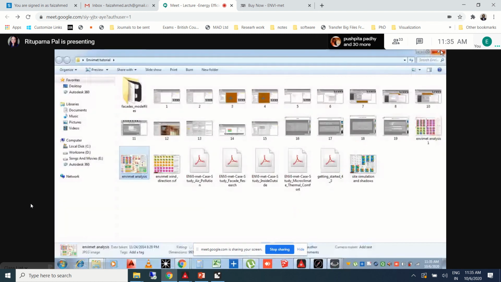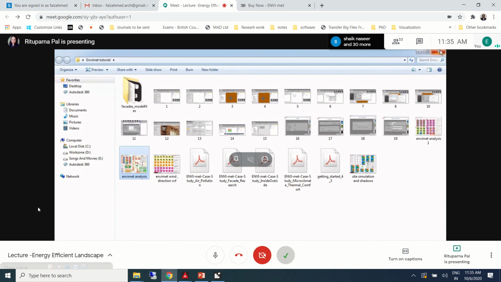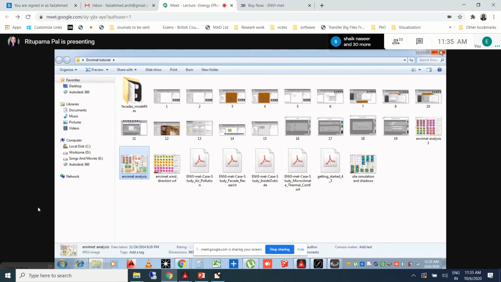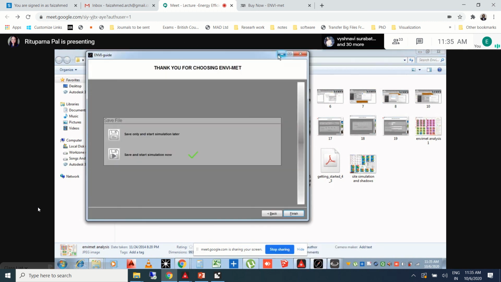Yes, ma'am. Ma'am, can we import a model from SketchUp or something like that? No, from SketchUp or this kind of 3D visualization software, you cannot import. You can import it only in bitmap format. I can show you.